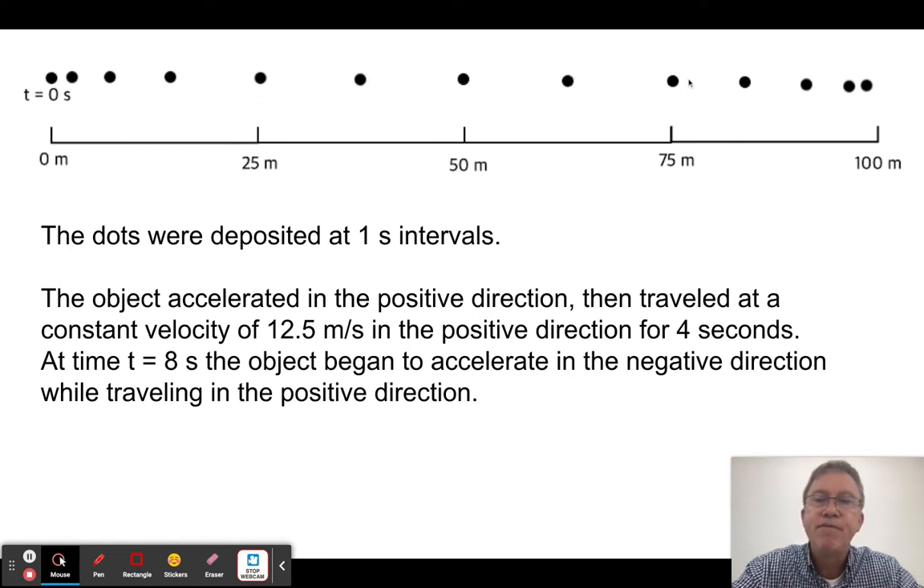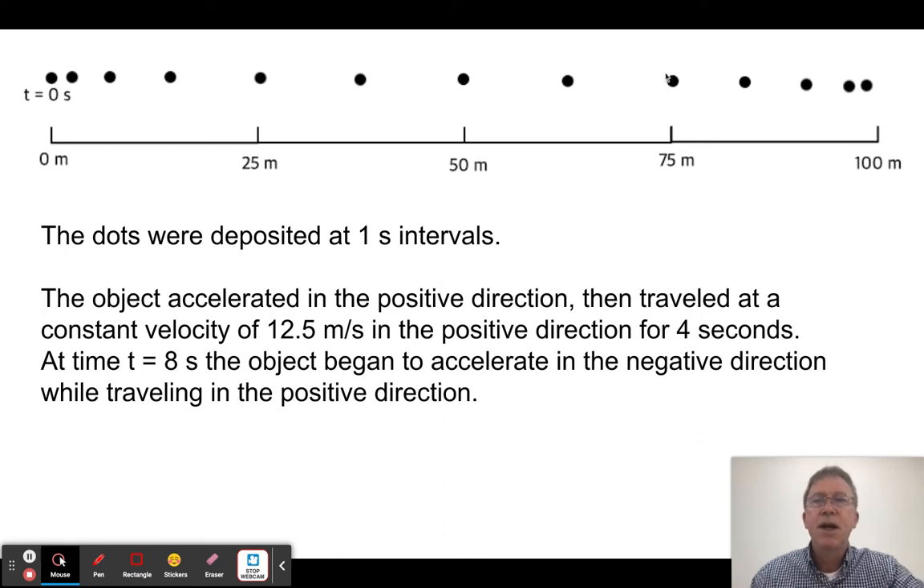distance between them. So I can see that from 25 to 75, that's 50 meters, and it took 1, 2, 3, 4 seconds. I know because I was told the dots are 1 second apart. So this is T0,